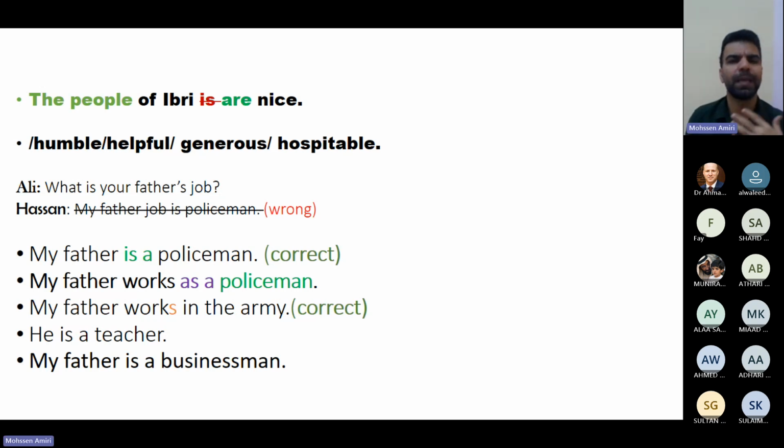And of course, you should know some kalimat when you want to describe the people, or when you want to describe a shakhsiya, a personality, a character, a person. You need to know some kalimat, and your teacher, I'm sure, told you before. So these are some adjectives. For example, humble. Humble maybe for some of you is new, but humble means someone who is so mutawazi, a very simple, ordinary person. Mutawazi in Arabic, you say humble, okay? And helpful, someone who helps people a lot. We call it, he is a helpful person, or he is very helpful. Kareem, generous,